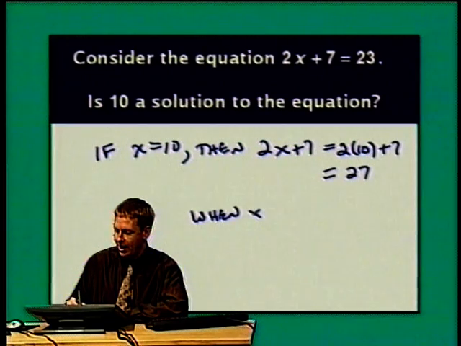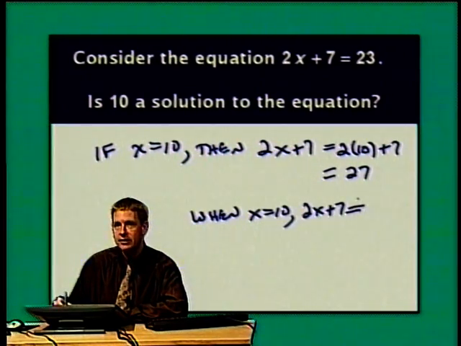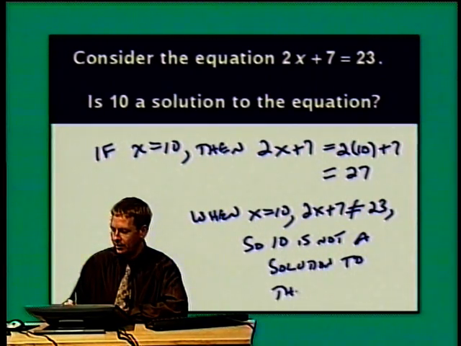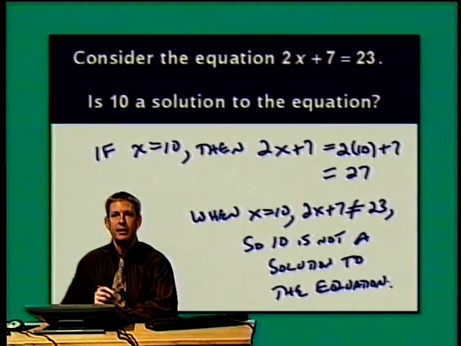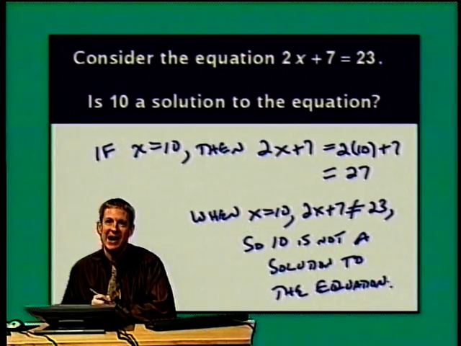When x equals 10, 2x plus 7 does not equal 23. So 10 is not a solution to the equation. Now, you're probably getting tired of seeing numbers that aren't solutions to the equation,